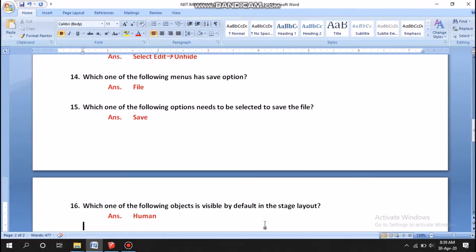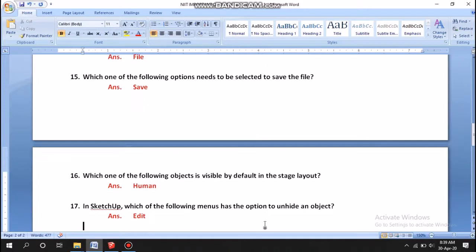Question number 16. Which one of the following objects is visible by default in the stage layout? The human object appears when you open the stage layout. Question 17. In SketchUp, which one of the following menus has the option to unhide the object?